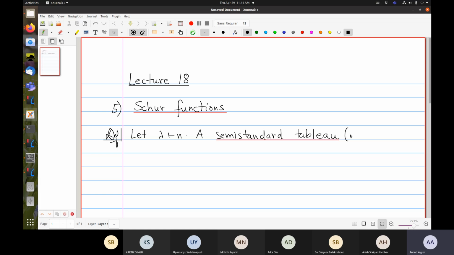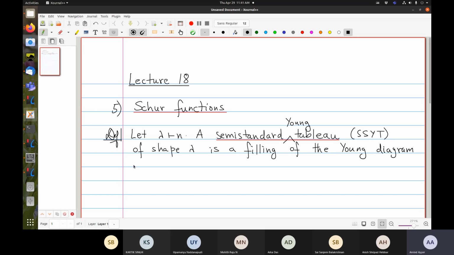So a semi-standard Young tableau, or SSYT, of shape lambda is a filling of the Young diagram of lambda by positive integers